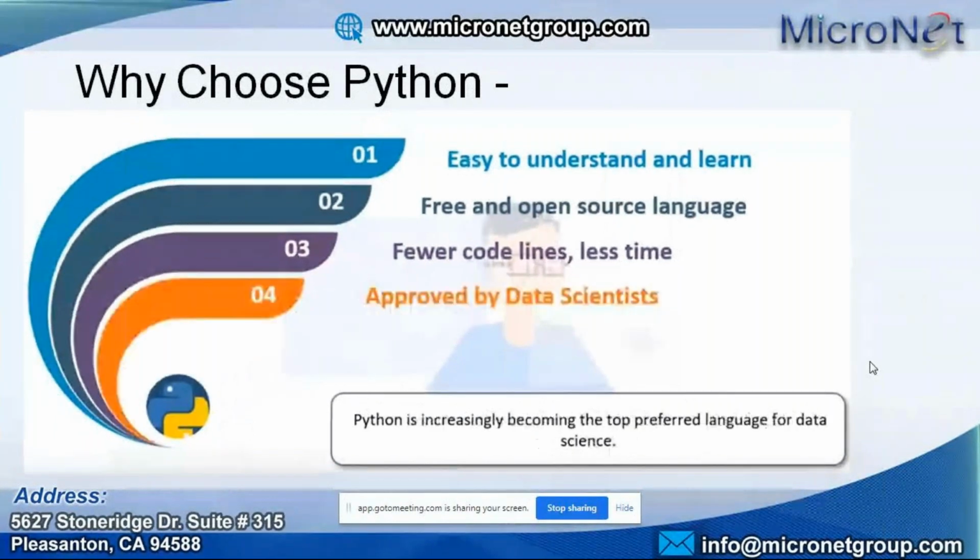So these have been approved by data scientists, because it has several libraries called NumPy, Pandas, and so many other things which are used for data scientific calculations. And there is a separate flavor for data scientists called SciPy, which is nothing but scientific Python language, generally used for data scientists for their calculations and all.